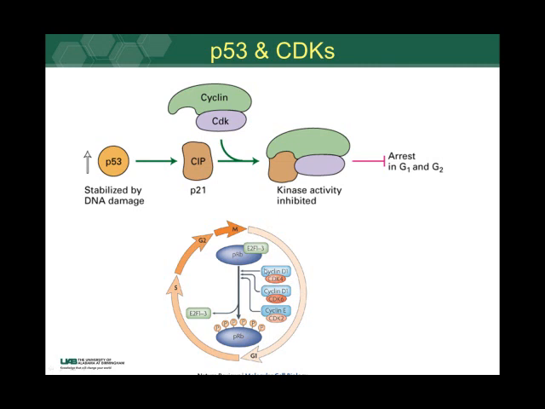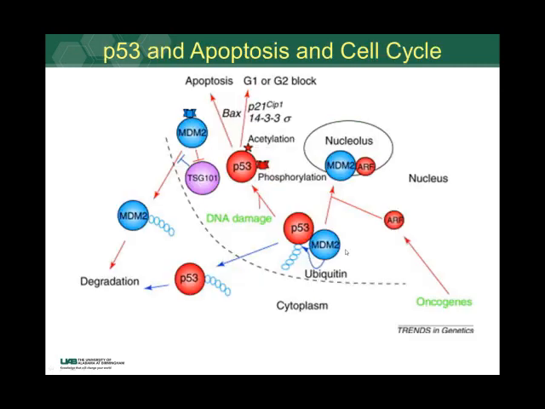And so in the absence of these, because they're inhibited by inhibitors that are turned on by P53, the cell cycle is arrested. Now, P53 also plays a role in stimulating senescence and apoptosis, and this is just another cartoon to say exactly what we've been saying, and that is